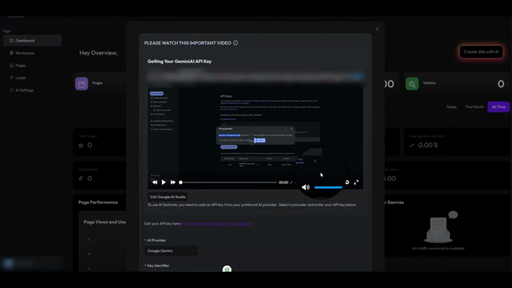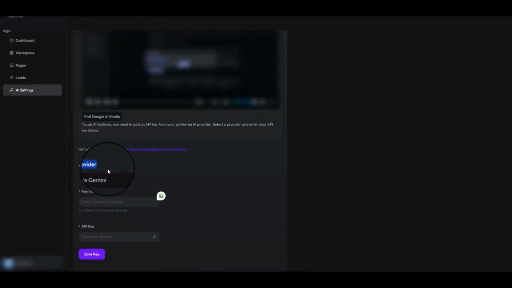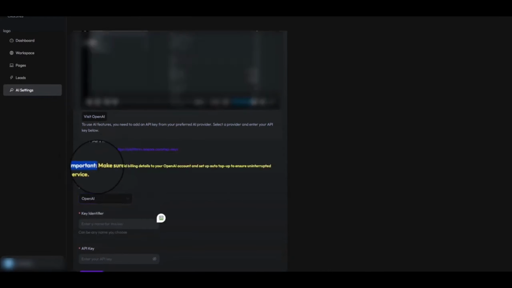Okay, so in this video I'm going to show you how you're going to set up phase one. This is essentially step one of making sure you've got full AI capabilities of using this platform. So what we need to do is head over, once you go to the AI provider, there's a drop down, it's going to say OpenAI. Once I select that, you can see there's another prompt just to make sure you add your billing details to